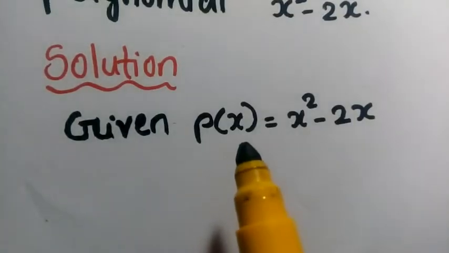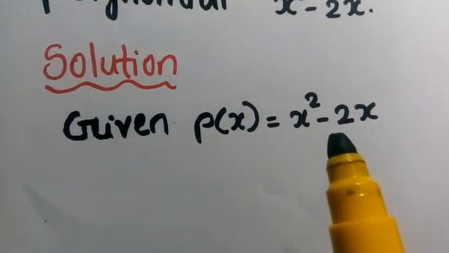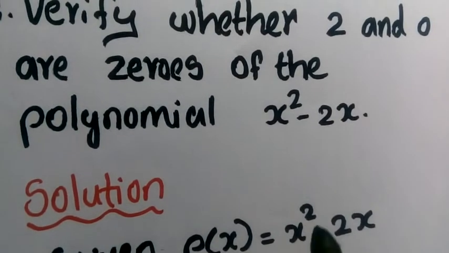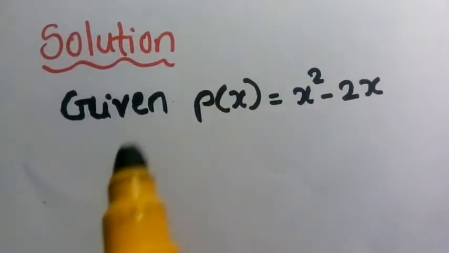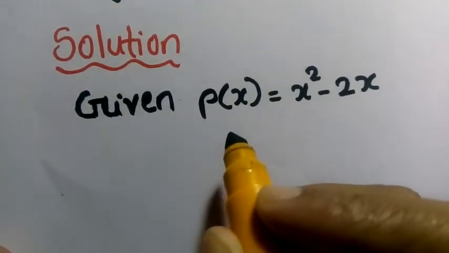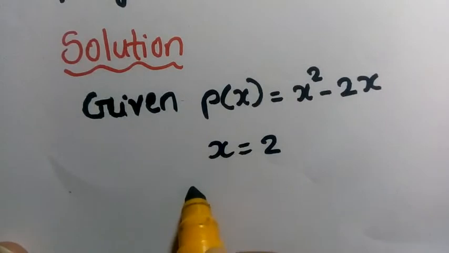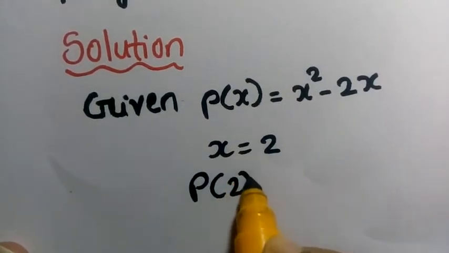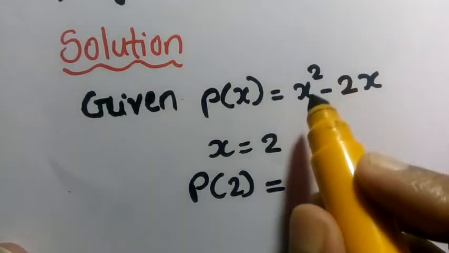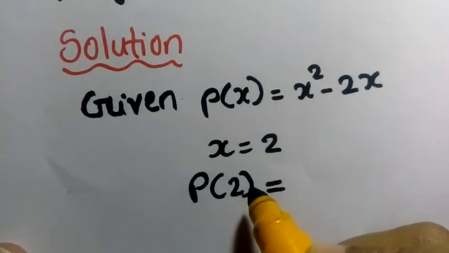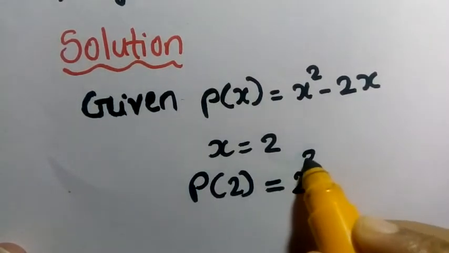Given P of x is equal to x square minus 2x. So, first we will take the value of the variable x is equal to 2. So, we need to find P of 2. P of 2 is equal to x square minus 2x. We need to substitute the value 2 in this polynomial. So, we will get 2 square